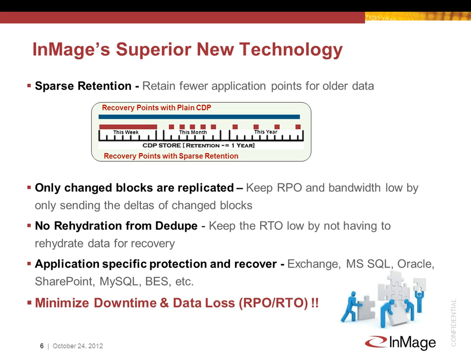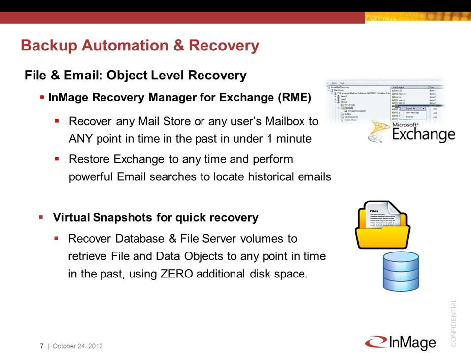Many of the applications that we see are Exchange, Microsoft SQL, Oracle, SharePoint, MySQL, even BlackBerry Enterprise Server, as well as many other applications, and especially those in the Unix environment, we can have protection and application-specific support for to ensure that information can be protected. If there is a custom application that does not have the capability of creating a consistency point, we can work with the file system itself, and we can create consistency points at the file system level to ensure that we have protection of those types of applications. Typically, those are DB2, IBM Lotus Notes environments. Again, we're focused on keeping that recovery point and recovery time as close to 0 as possible.